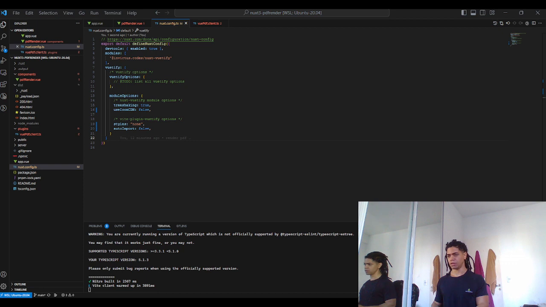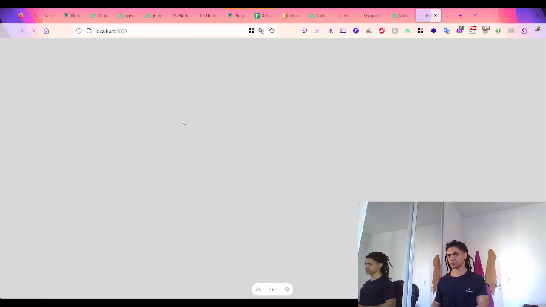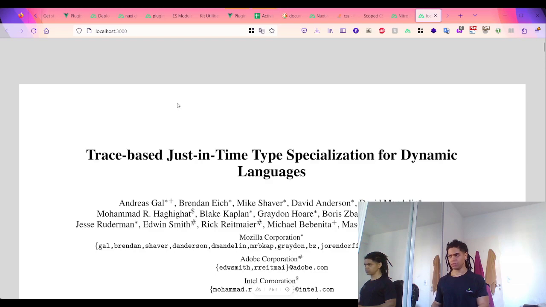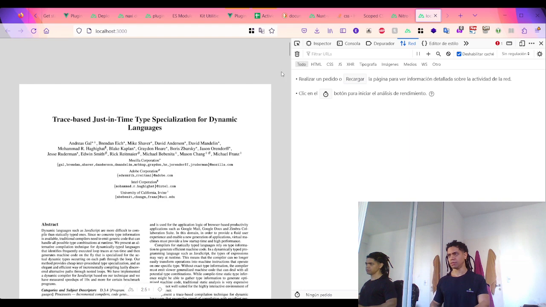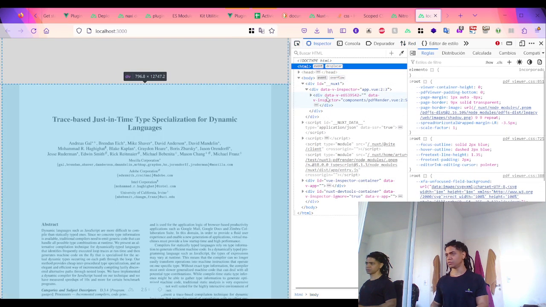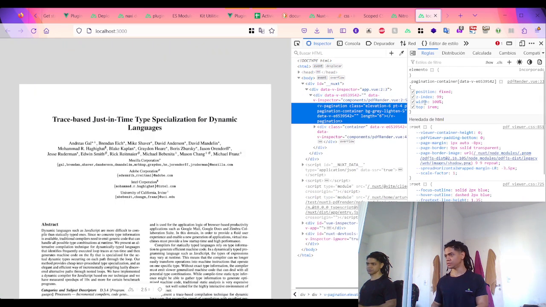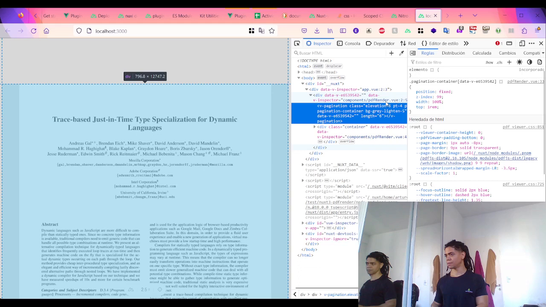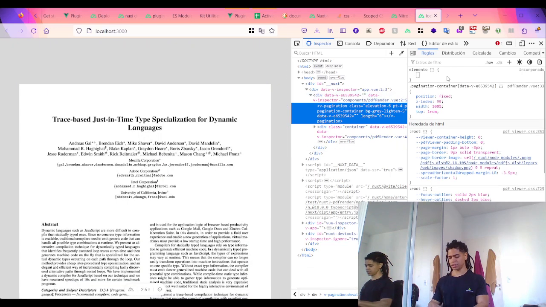So if I open up the application here, it now loads faster. It now loads faster, but without loading that pagination here. Meaning